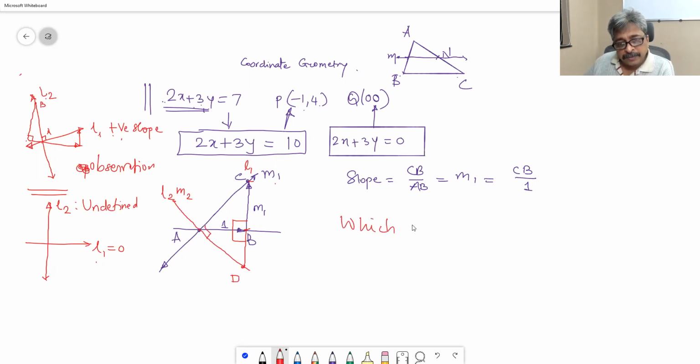Which distance is M2? M2 is the slope of line L2. So distance traveled in positive direction of y-axis per unit distance traveled in positive direction of x-axis is the slope. So M2 is the slope, and we have traveled 1 unit distance in positive direction of x-axis. So from B to D, you are supposed to move in opposite direction. Numerically, we know that this is going to be negative. However, distance DB is going to be equal to M2.